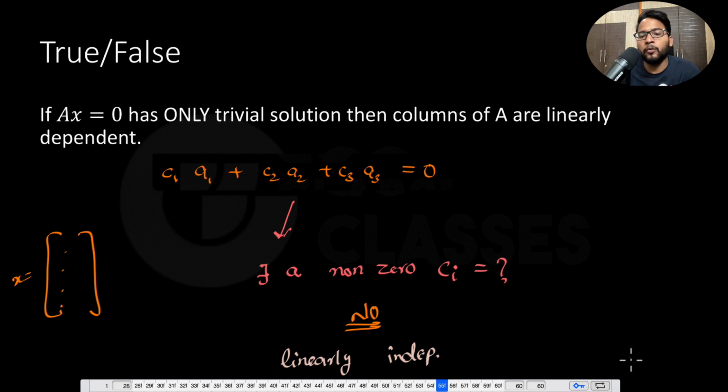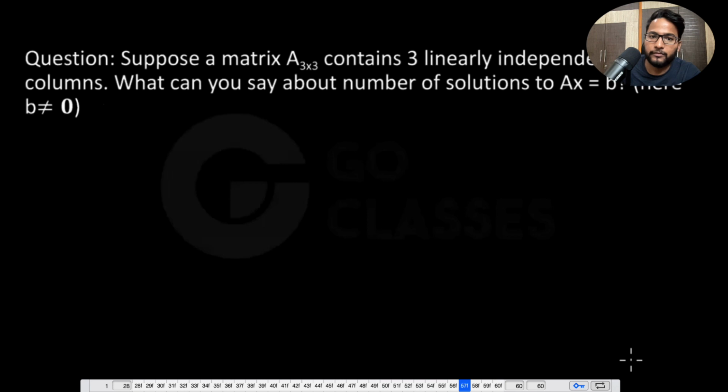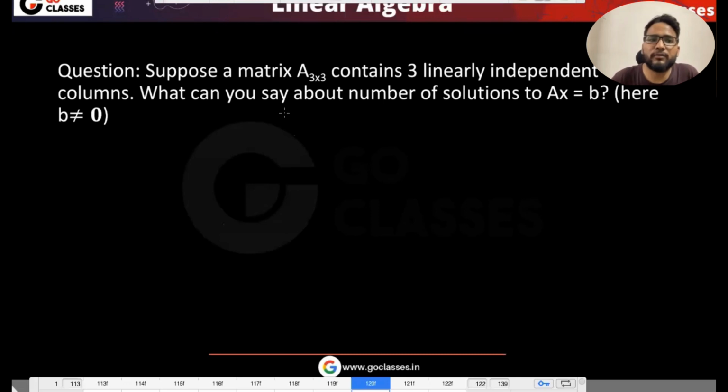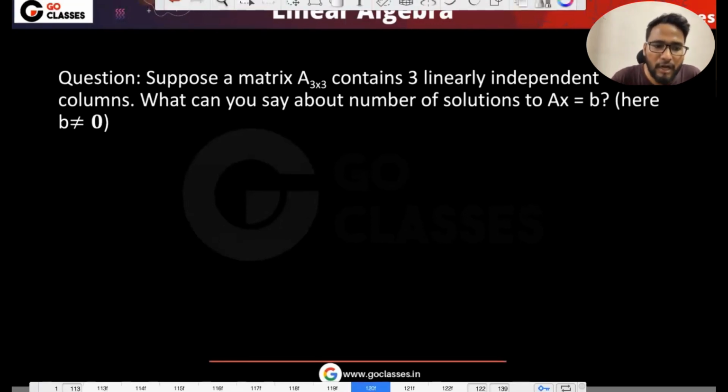Now let's just move to more questions which are more interesting. Okay, so now in this particular video we will solve more questions which are very interesting, and then we will solve some GATE PYQs. Okay, so let's just solve this question now. Now let's come to these questions which are actually just dependent on our concept that we have studied in morning. So question is that suppose a matrix which is A of 3 into 3 size contains 3 linearly independent